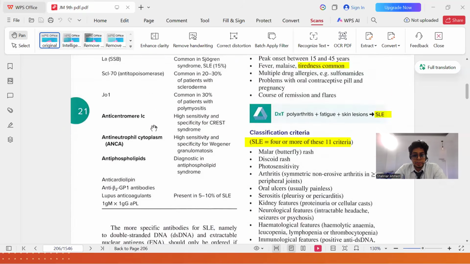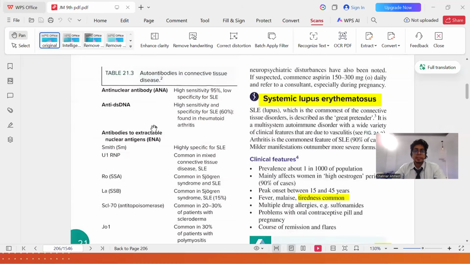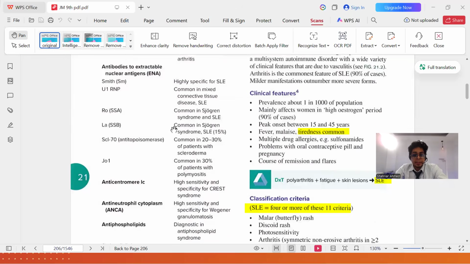You see this, my dear doctors? This is a kind of panel of all the serological antibodies. You have to memorize it, like ANA for SLE, anti-dsDNA more specific for SLE. ANA can be positive in Sjogren's and some other conditions, but anti-dsDNA is very particular for SLE. There are some other things, anti-La and anti-Ro. They are common in Sjogren's syndrome. That is also tested in the exam very often.